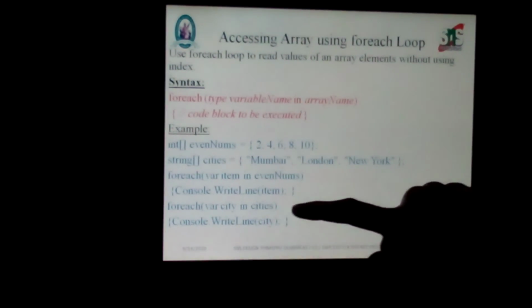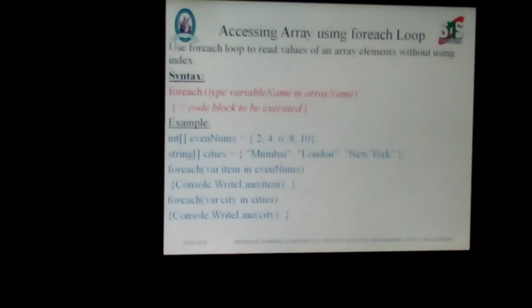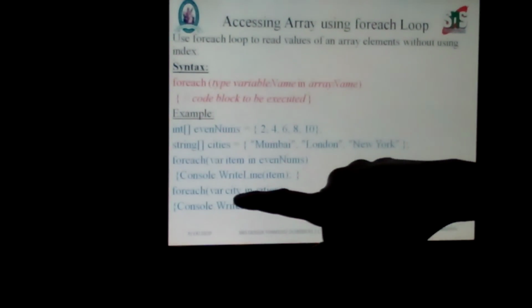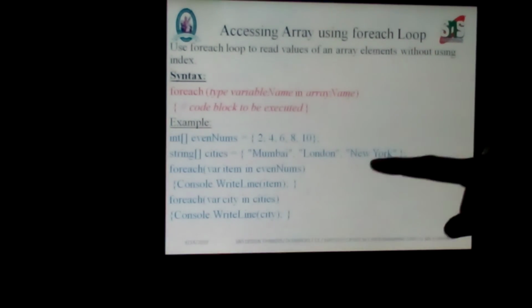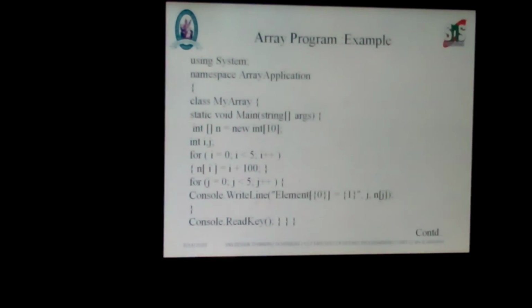So array name is cities here, and city is a variable we create ourselves to hold each value. So variable name we are going to process cities. So automatically it will print city, Mumbai, London, New York. So these are the